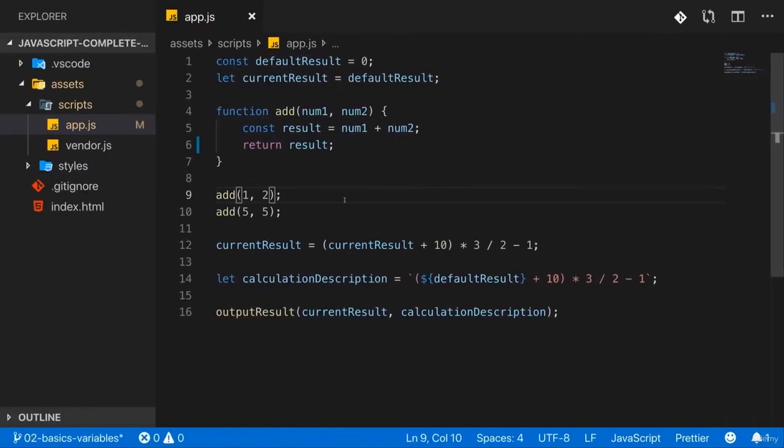Because now the function itself doesn't do anything that has a visual impact. Instead, it returns a value. So that means that add now gives us a value, just like the plus operator or the multiplication operator gave us a value. If we add 2 numbers together, this gives us a value, and we store that value in a constant. So now calling our function gives us a value, and that means we can store this in a variable, for